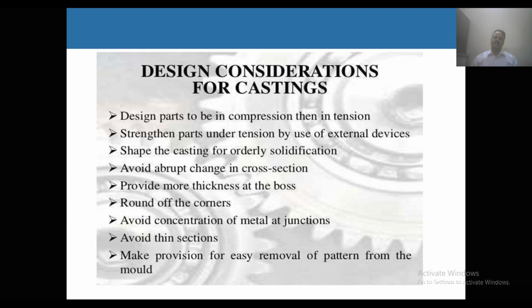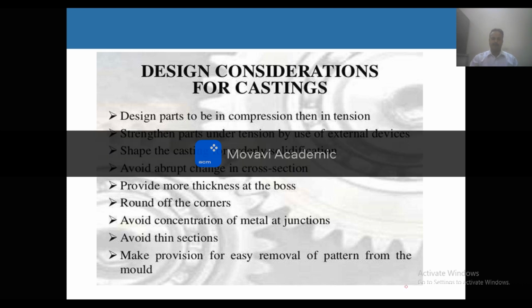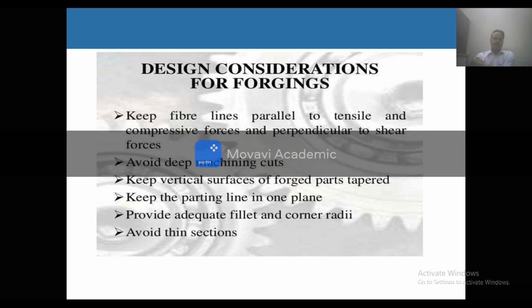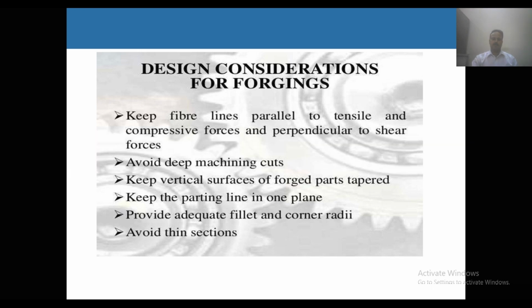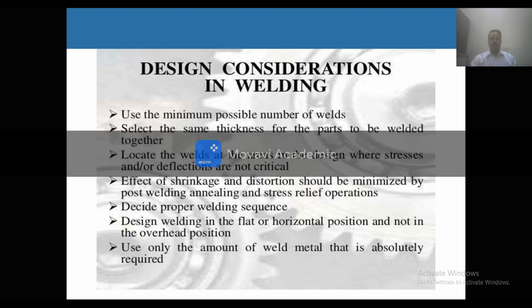Now these are design considerations for castings. Castings are generally done with the help of cast iron like material and they are expected to have good damping properties. Likewise for forgings, we can have an account where forging materials are being produced so that they produce shapes of various shapes and sizes. Now similarly for welding,